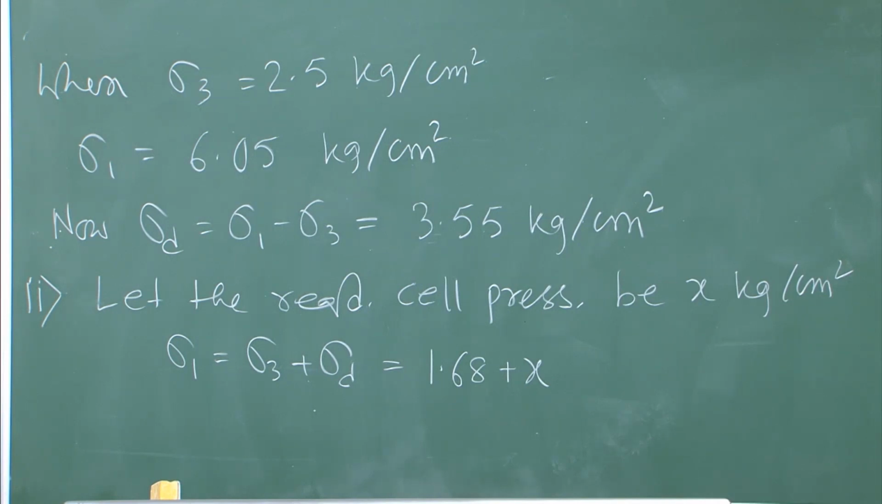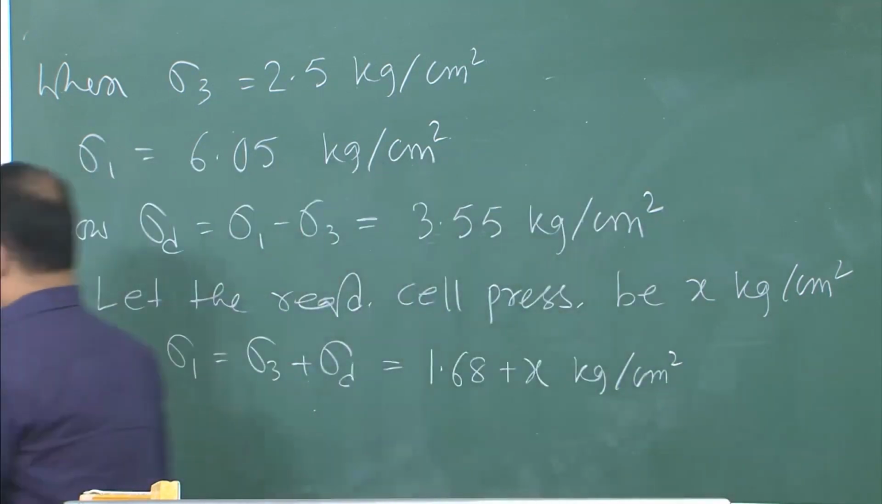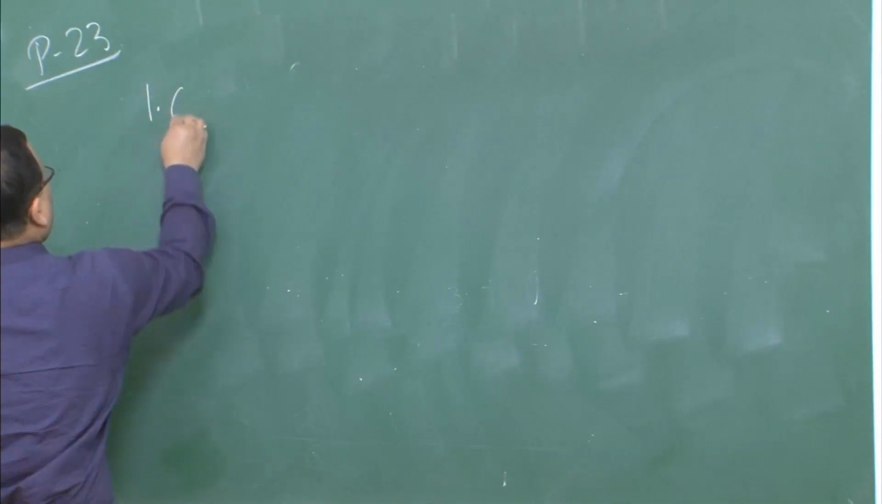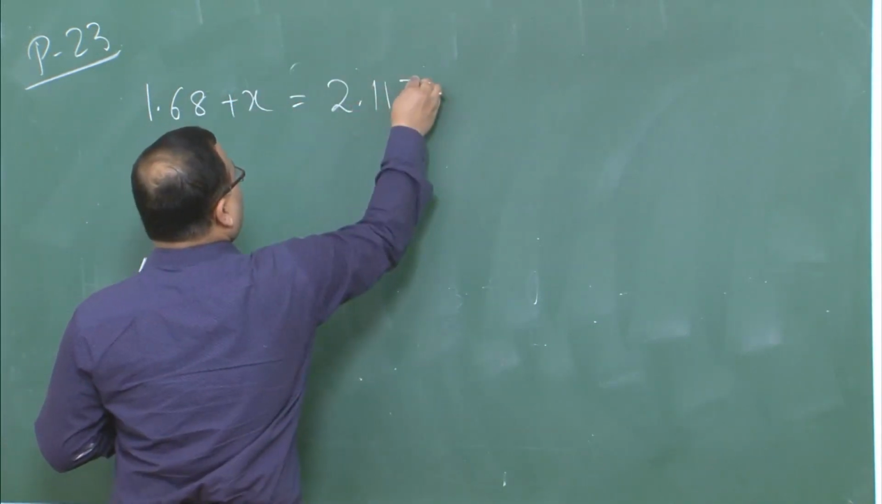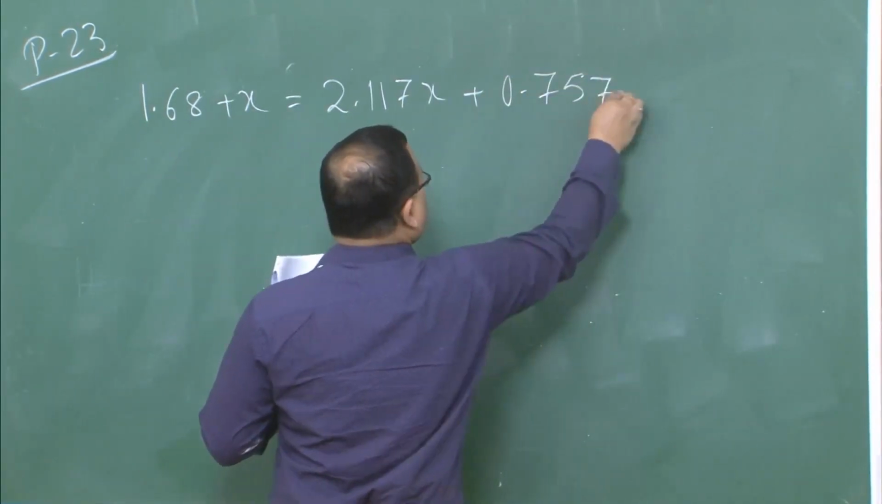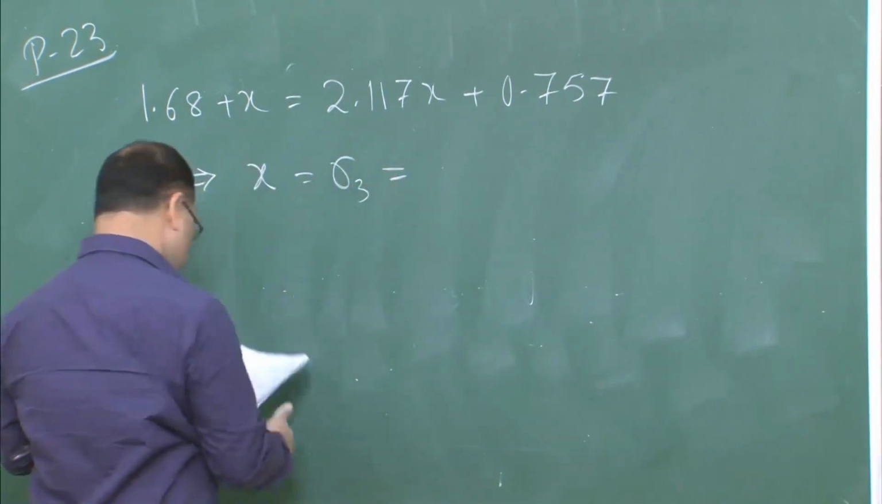Now, I put that thing in equation 1. So, I have got sigma 3 which is nothing but x kg per centimeter square and sigma 1 which is nothing but 1.68 plus x kg per centimeter square. Okay. So, I will put that thing in the equation 1. So, 1.68 plus x is equal to 2.117 x plus 0.757. So, from this I will get x, which is nothing but your required sigma 3,